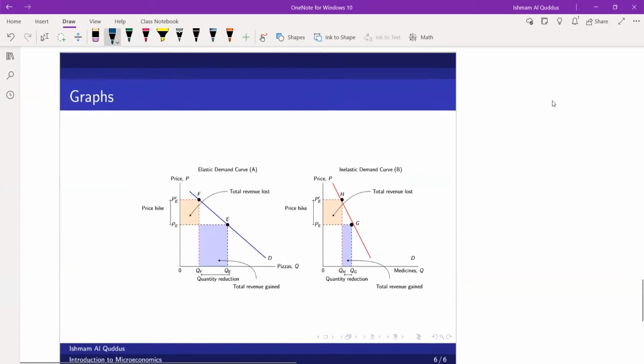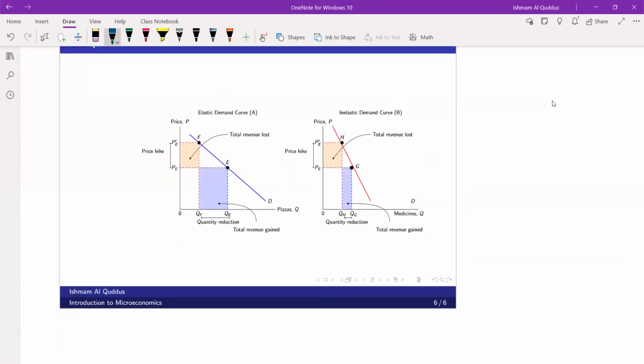And here there are two graphs. Just to give you an idea, this is actually the total revenue lost. This portion is the total revenue lost, and